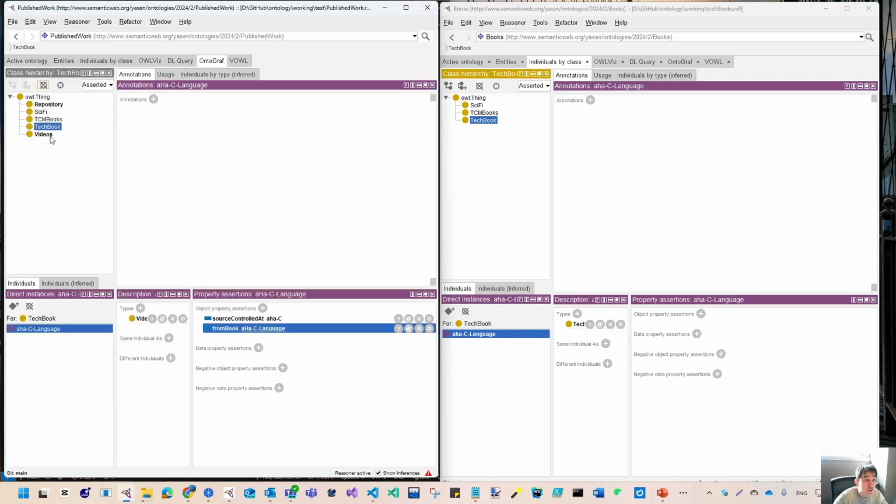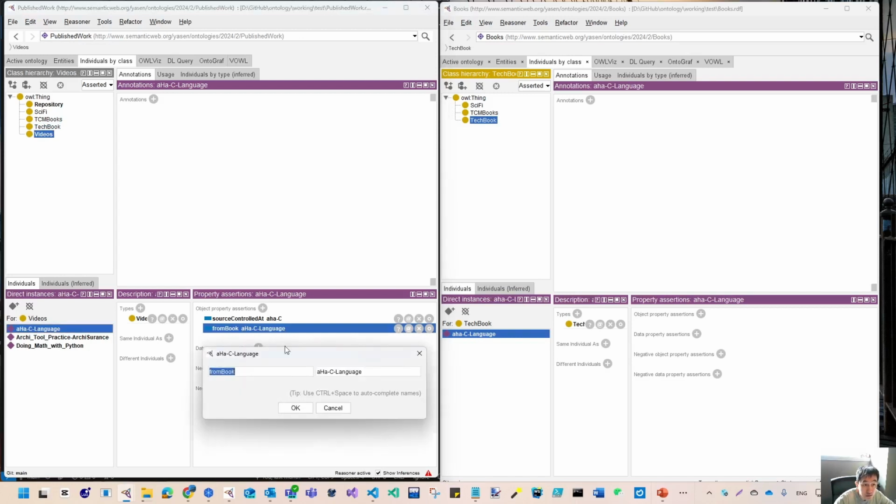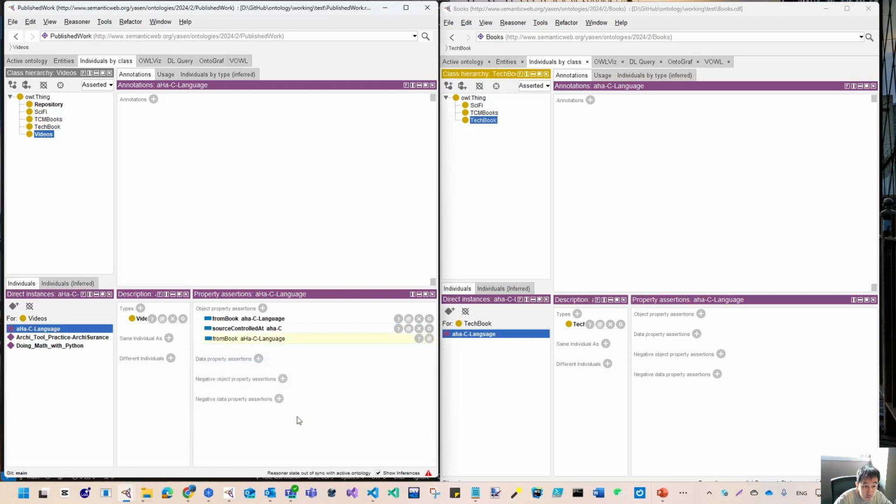In the individual, the textbook is a small h. So I think I did it wrong. So if I put a video and this one, this should be the small h. And from book, that should be,